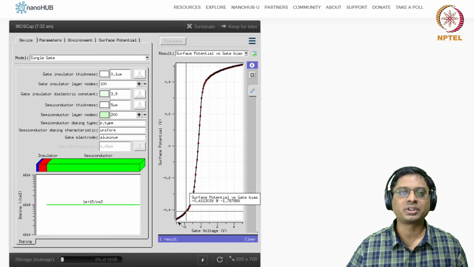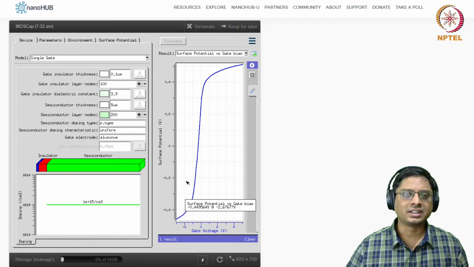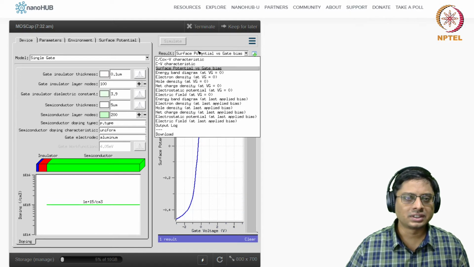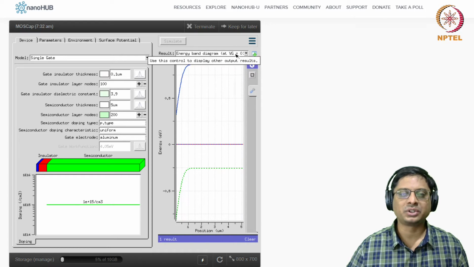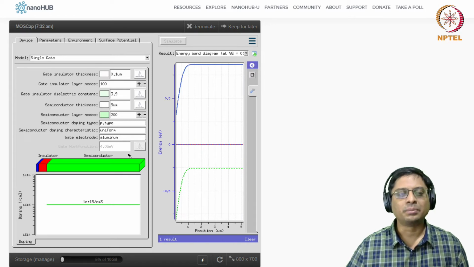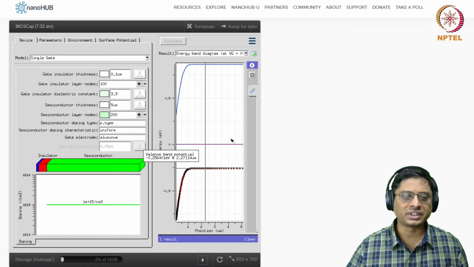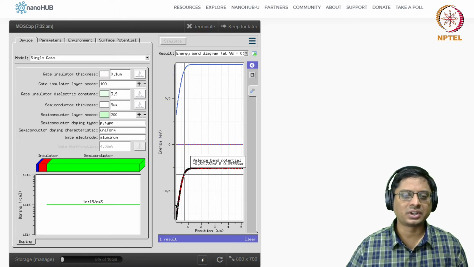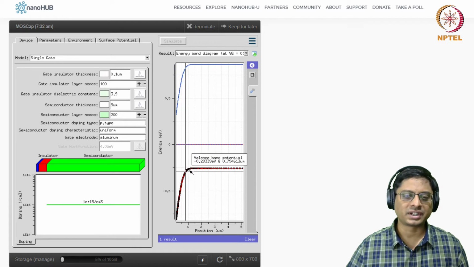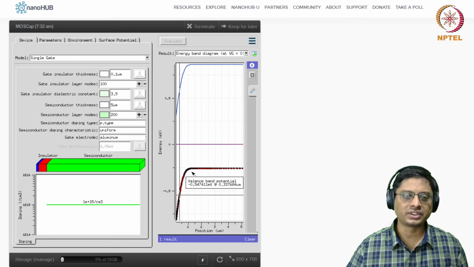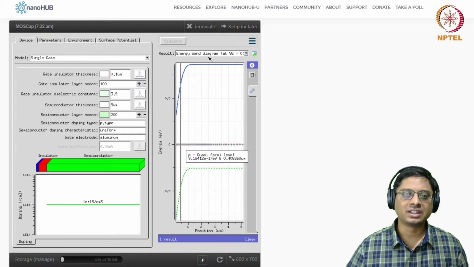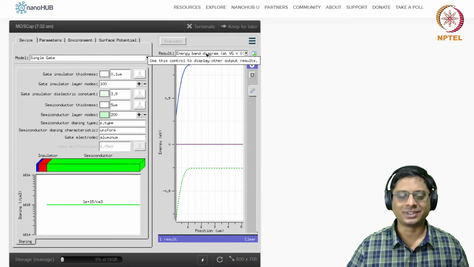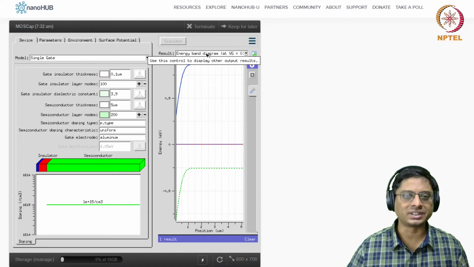So this sort of S-shaped curve we saw in the class as well. Okay, so energy band diagram. This is at Vg equal to 0, so no applied bias. This work function difference I have to talk about. It tells you that basically there's a Fermi energy here, and there's already depletion of the semiconductor because the bands are bending downwards. So here there is a certain doping density, and then there is already some depletion happening. Why it is so, it's in advance. You will study it in the next week.